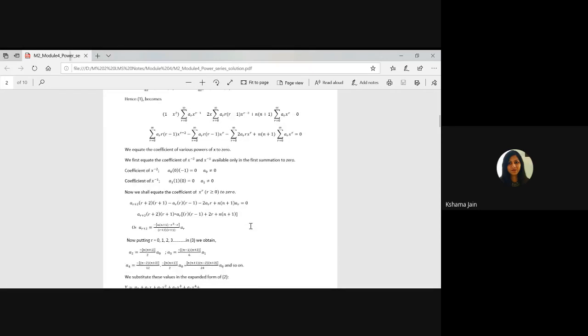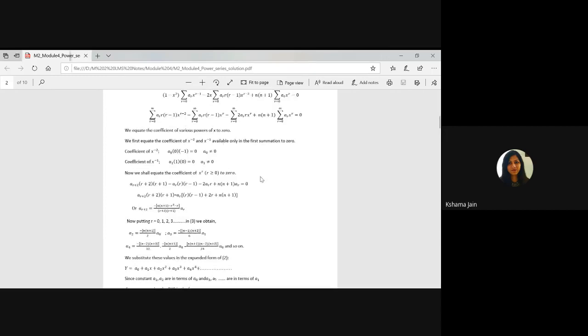This is a very important step. We need to put the coefficient of x raised to the power r equal to 0. In these three terms, I am having x raised to power r terms. But here it is x raised to power r minus 2, means two steps back. But I need x raised to power r. I can get x raised to power r when I put r plus 2 in place of r. So we have put a r plus 2 into r plus 2 into r plus 1 into x raised to power r. This they have done.